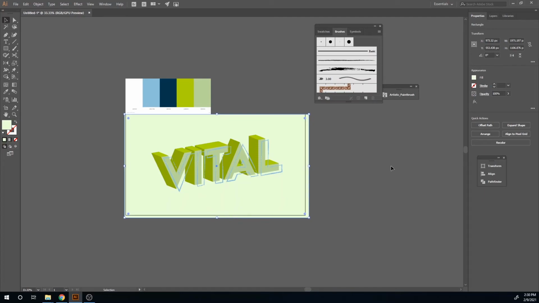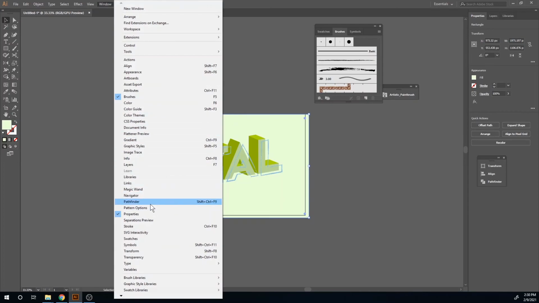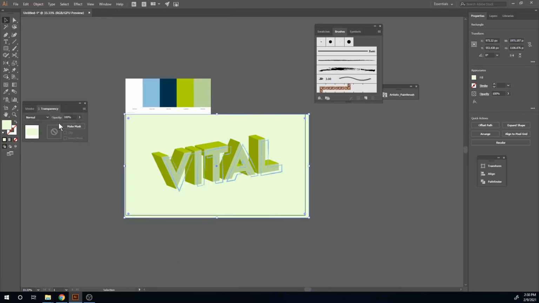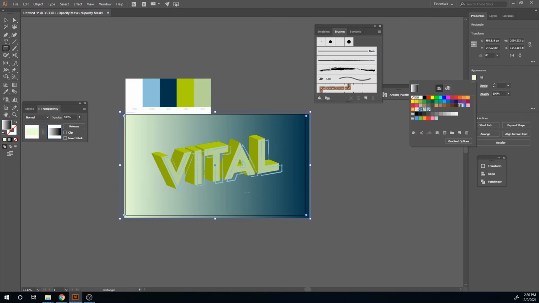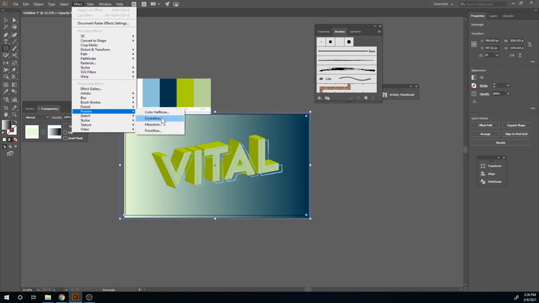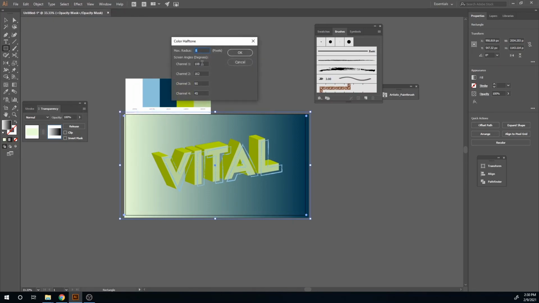Okay, so let's add either grain or halftones. I'm going to try halftones here. So I'll go over here to my window, transparency. I'll make a mask. I'll uncheck clip. I'll grab that mask. I'll go over here to my rectangle, draw the rectangle over this, and apply a gradient. Let's go over here to fill, make a gradient. And then we'll just go over here to effect, and pixelate, and find color halftones. And once again, we want to make sure these are all the same,